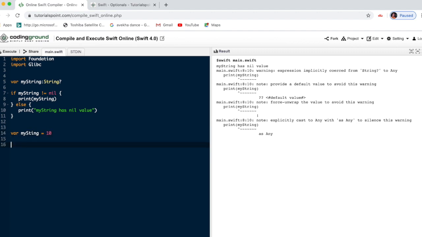So here I am doing, if my string is not equal to 0, then print my string, else print my string has nil.